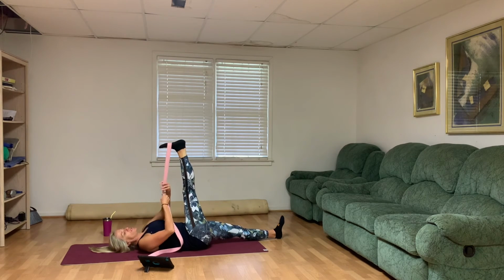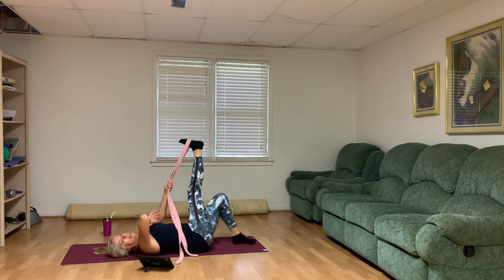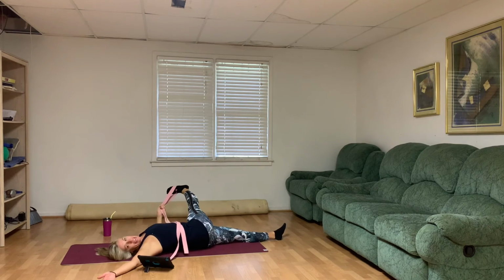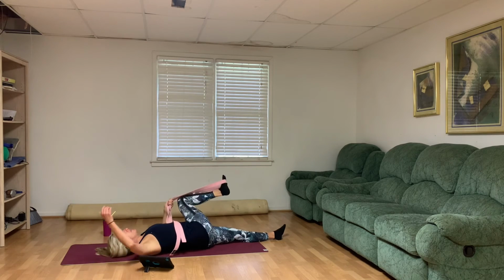Release. Let's hold the strap with your left hand and let's take it across the body as you look to your right. And we're going to let that right leg just hang in the strap and gently pull. Your exhale pulls just that little bit more. Good, as that right leg comes up,